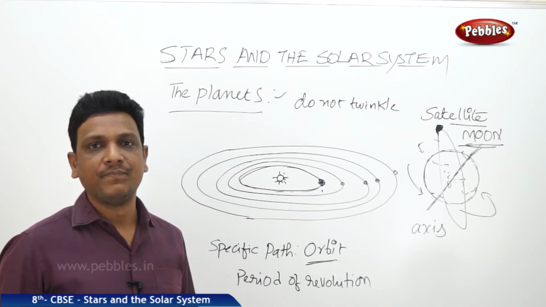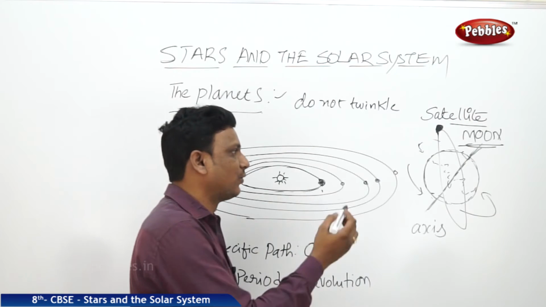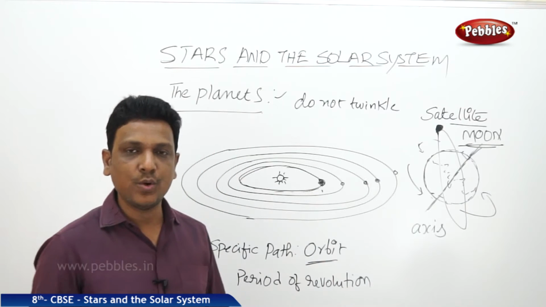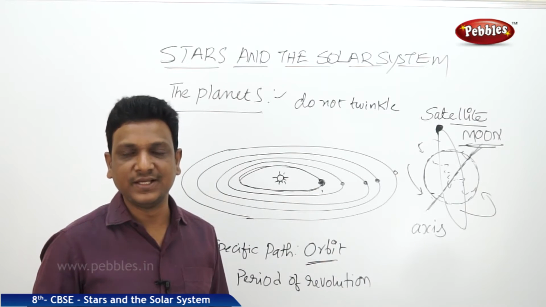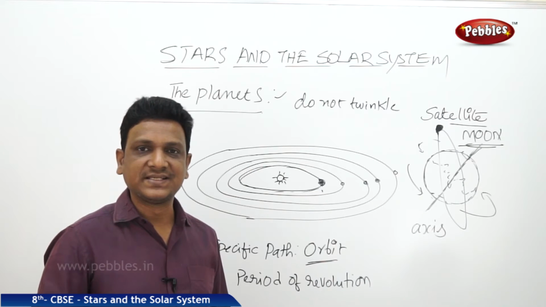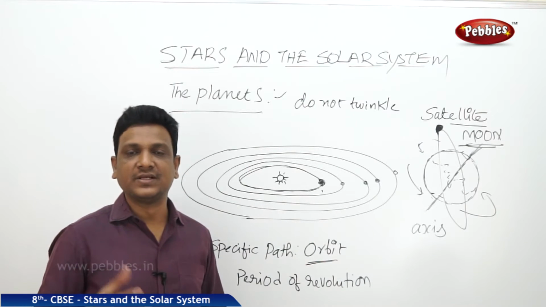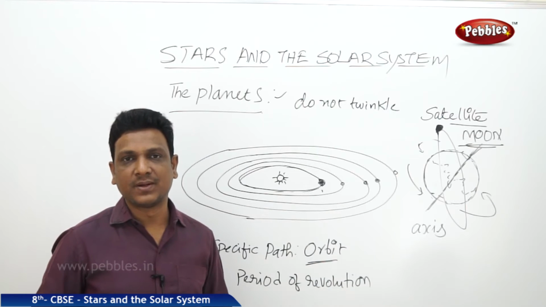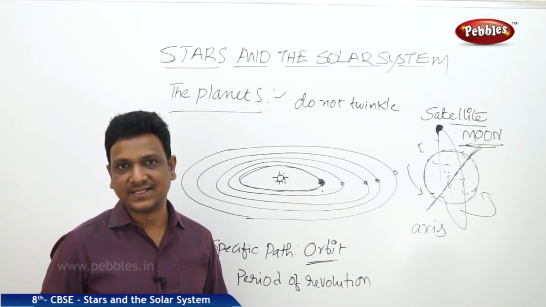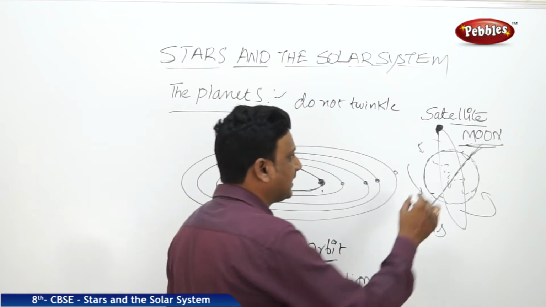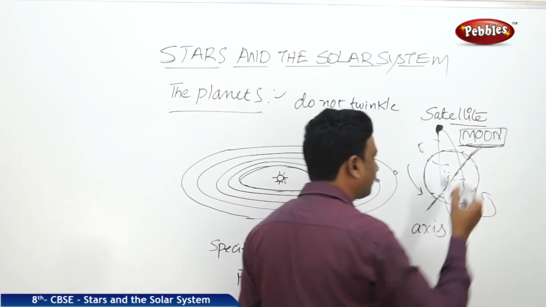Of course, there are so many satellites revolving around the Earth which are sent by humans from the surface of the Earth into the orbit. So we are sending so many satellites for communication, for weather prediction, for all these various purposes, artificial satellites. So here the natural satellite is the Moon.